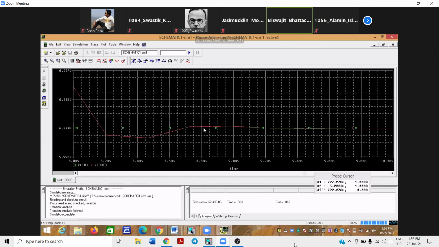The number of data points saved is not large, so it is actually going for linear interpolation of the consecutive data points. That's why you're getting something like that. But if you want to increase the data points to make a smooth curve, no problem.